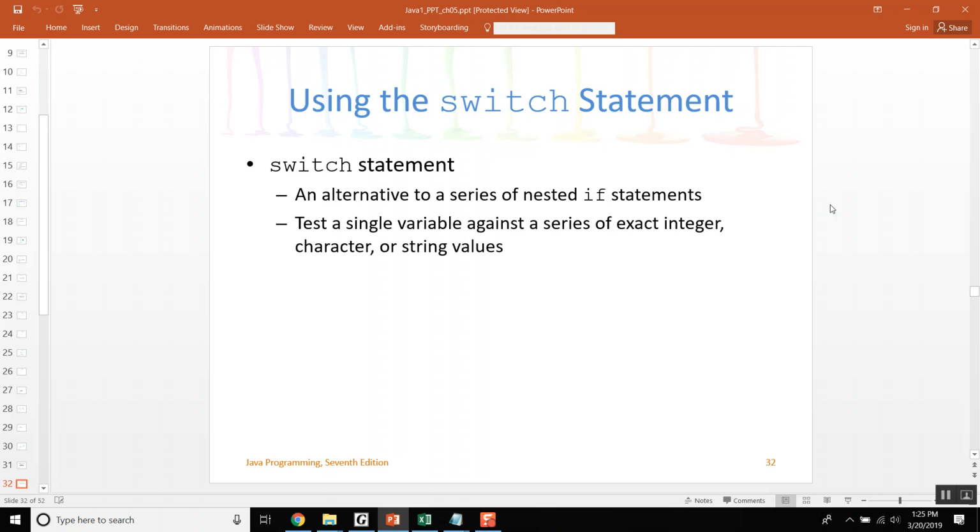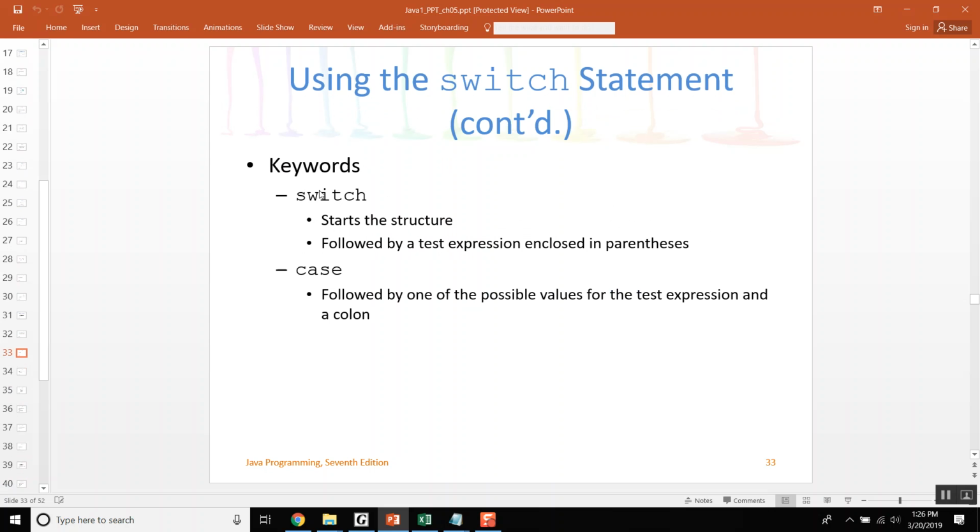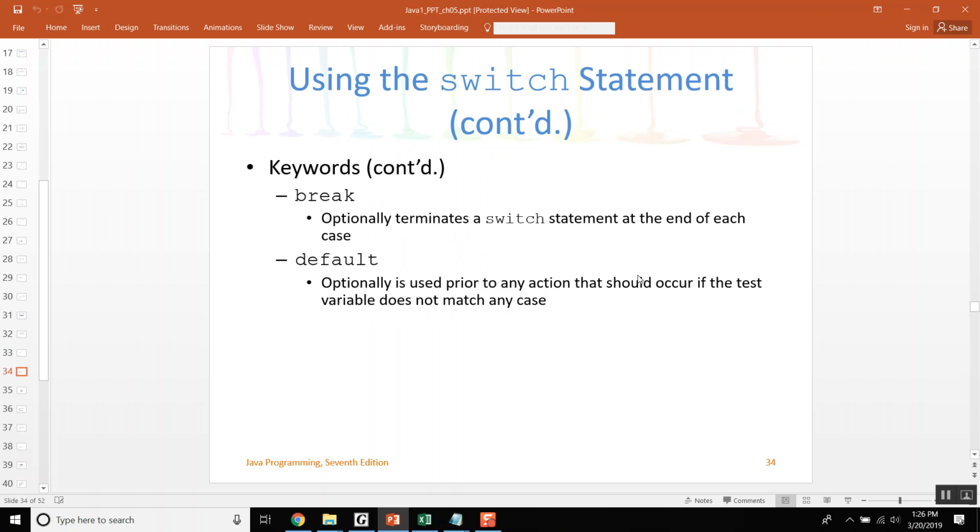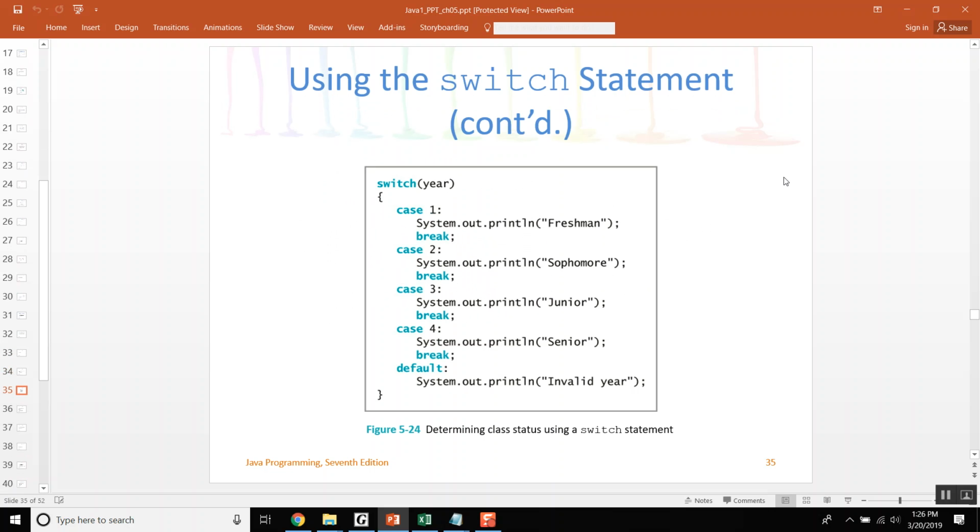From an execution standpoint, they say potentially that a switch statement operates faster. I don't know. It's negligible at what we do. So what it does is a quick test. Switch starts it, and then you've got case statements that will go through there, and then you have a break. So here's a simple example. You have a switch statement, so based on the year,